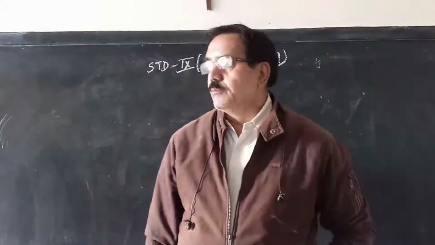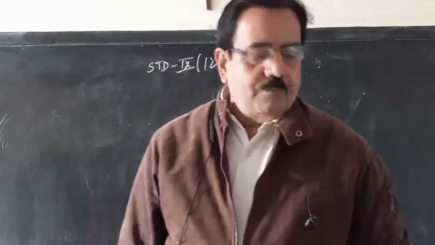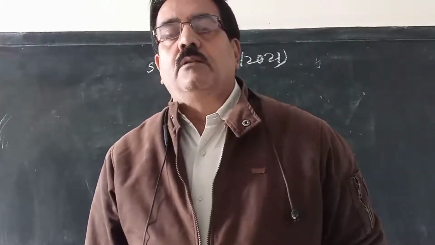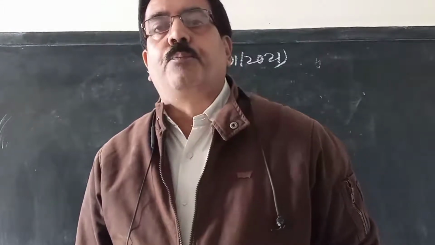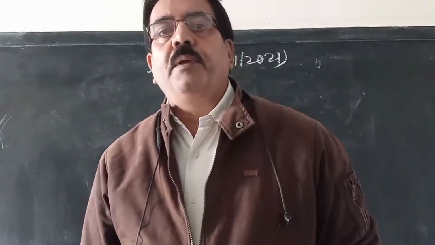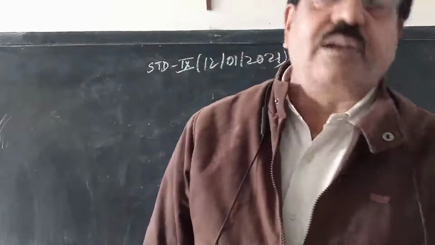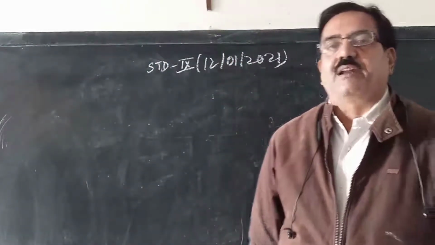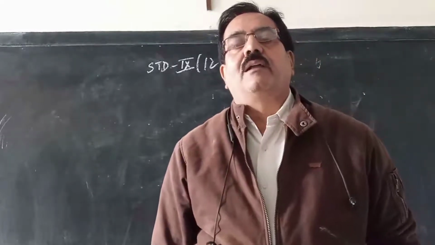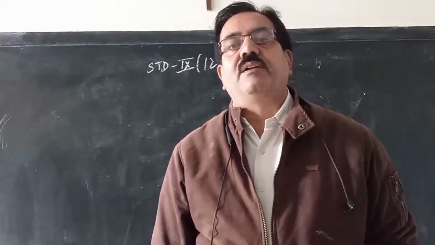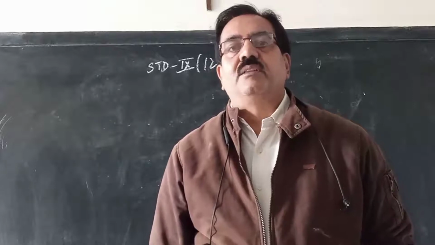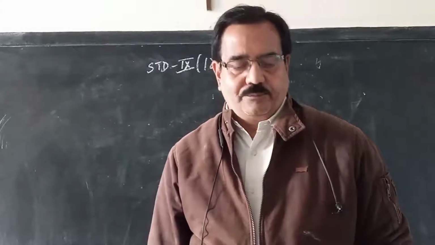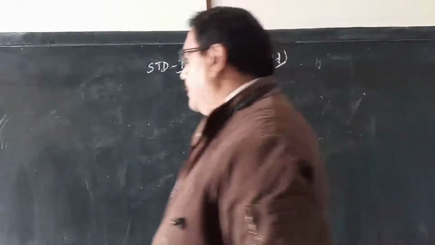Today I am going to solve some more questions from this rectilinear figure, chapter 8. In the proving part of rectilinear figures, we have to prove that the diagonals of a rectangle are equal, or that the diagonals of a rhombus intersect at 90 degrees. In all these cases you have to take the help of congruency of triangles. One example I will show you.